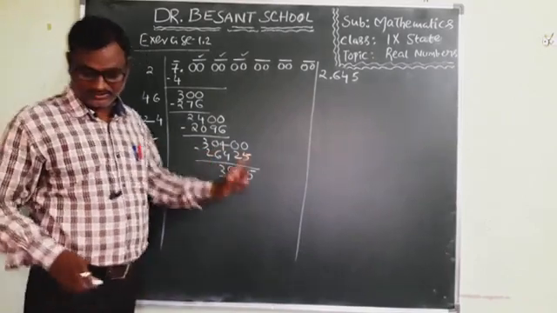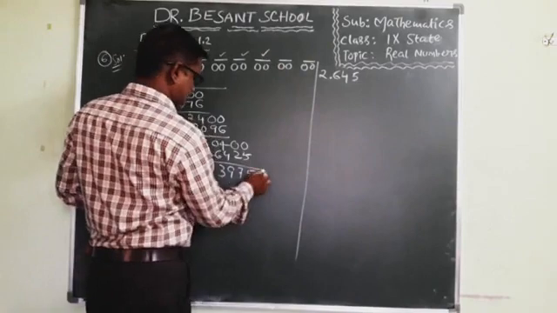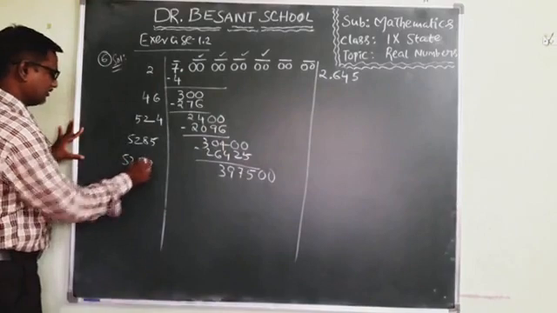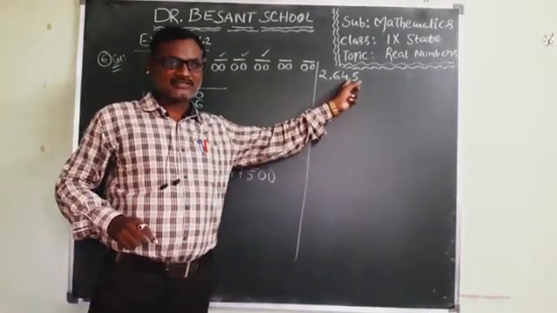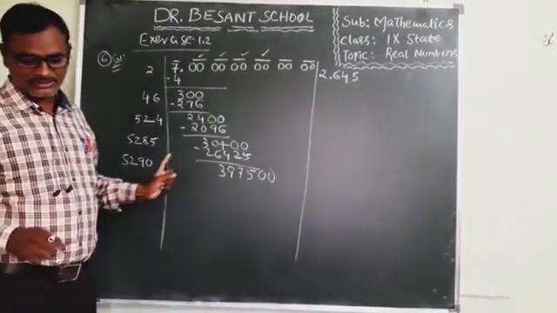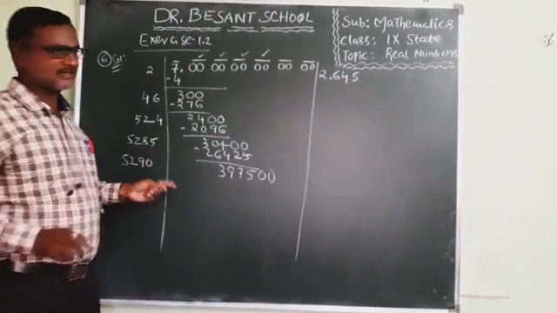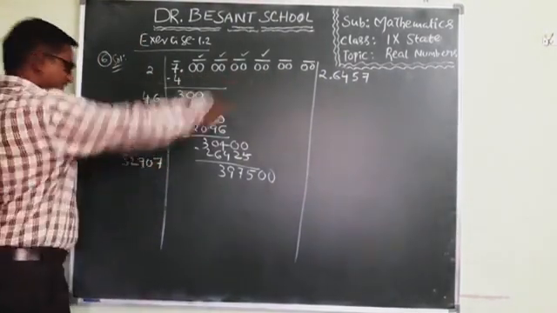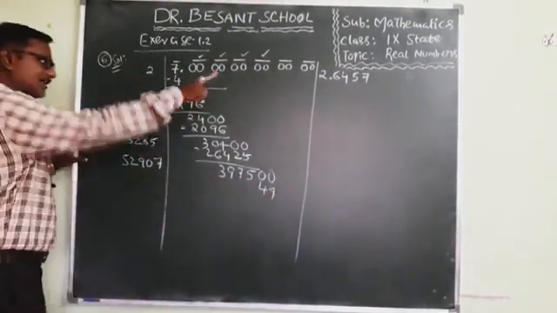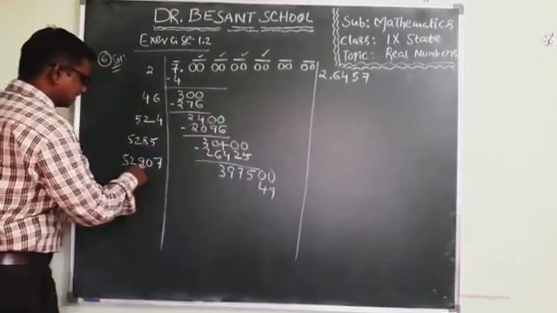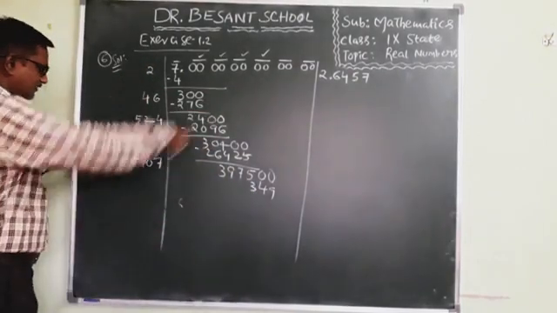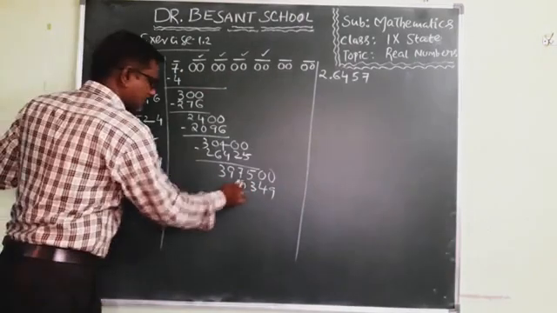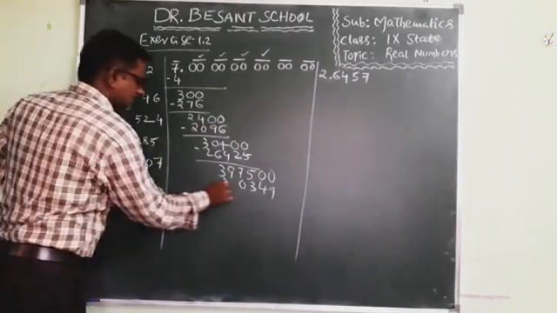Yes, 3975. Again replace these 2 zeros. Again 2645 becomes double, 5290. Again by what should we multiply on both sides? Once verify. Again let it be multiplied with 7. Yes, 7. 7 7s are 49. 0 will be there. Directly write 7 7s are 49. Again 7 9s are 63. 6. Again 7 2s are 14 plus 6, 22. 7 5s are 35 plus 2, 37.